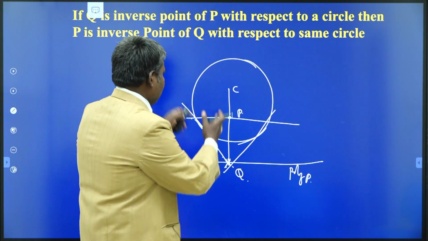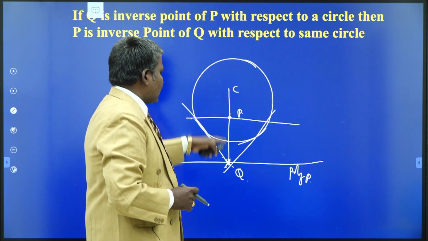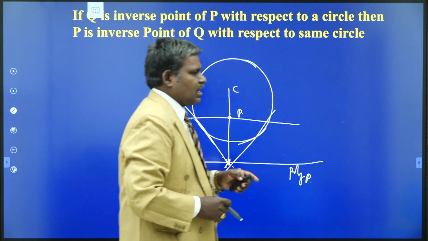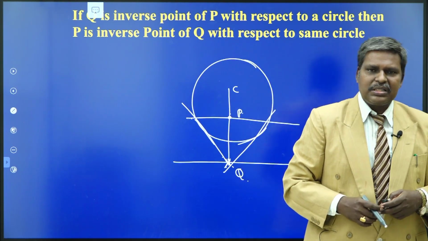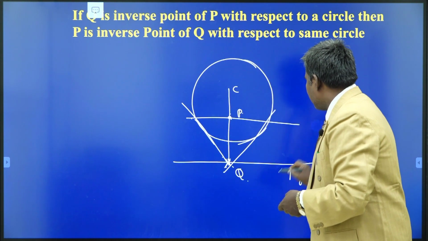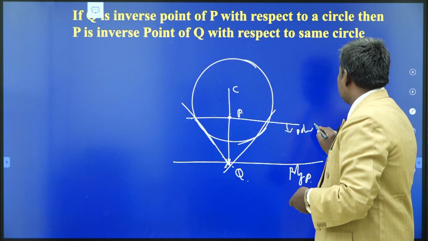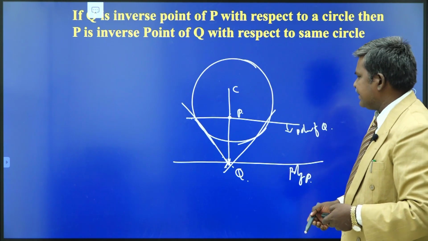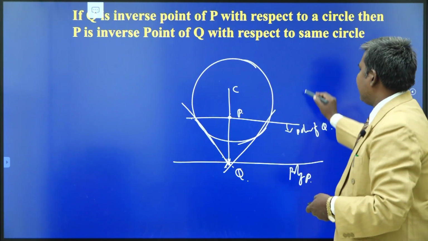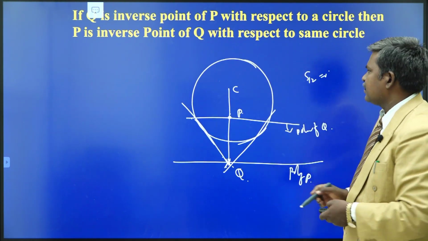Okay, no need to discuss this much time. The definition itself gives it to you. So C, P, Q are collinear and on the same side of the center of the circle and CP into CQ equals R square. We say that P, Q are inverse points with respect to the circle. So this is the point. This is the polar of P. The polar of Q is like this. Polar of Q, by the definition of conjugate points itself. So the polar of P passes through Q, then the polar of Q passes through P. So by definition S12 equals 0. So collinear with conjugate gives what? Inverse points.